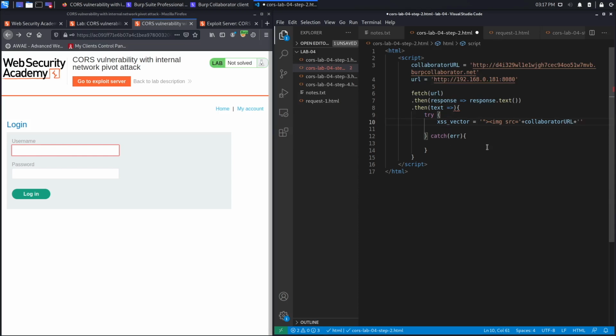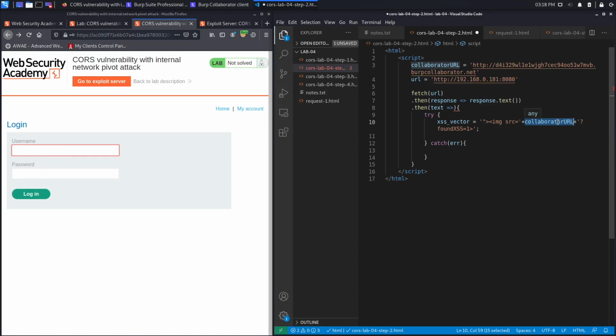And then we're going to add to the URL the string found XSS is equal to 1, and close off the image tag and add a semicolon. So essentially what we're doing over here is if an XSS vulnerability exists, then this will be viewed as HTML code instead of a string. And what's going to end up happening is it's going to include an image which has a source of the collaborator URL. So when the victim user visits the page, it'll attempt to access the source, and so it'll ping